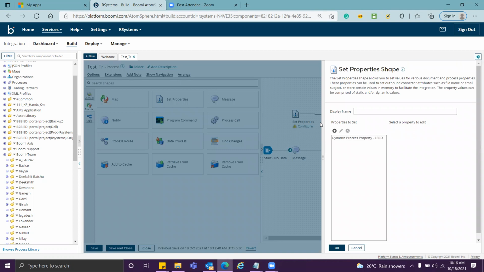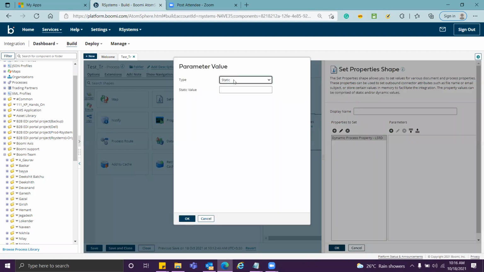Now my property name is set. Now I have to set the parameter. I click on the plus sign and I click on date time. So there are two things. One thing is it will ask me what type of date you want to set. If you're setting last successful run date, this date is set by the Boomi interface when you deploy a process and run it. So this is like a Boomi property. For now, I am showing you how these properties are set.